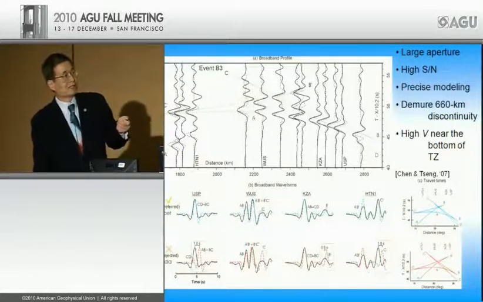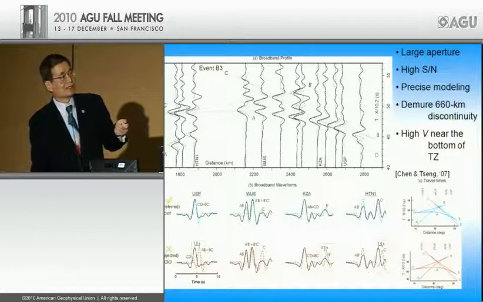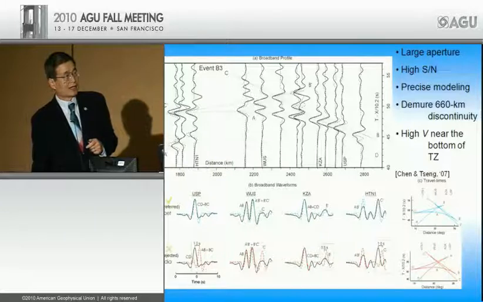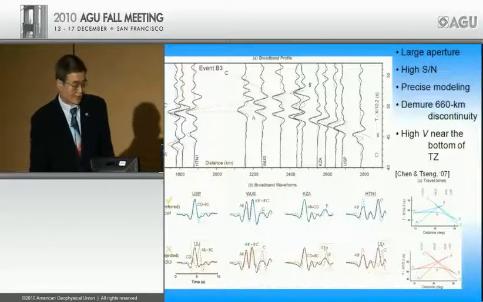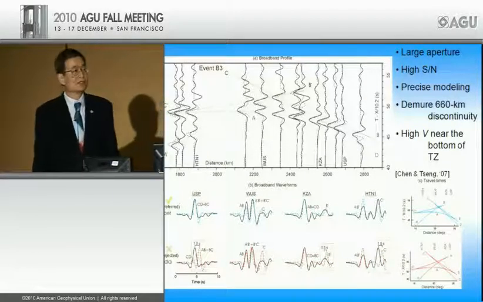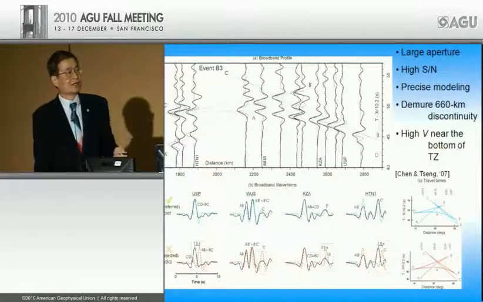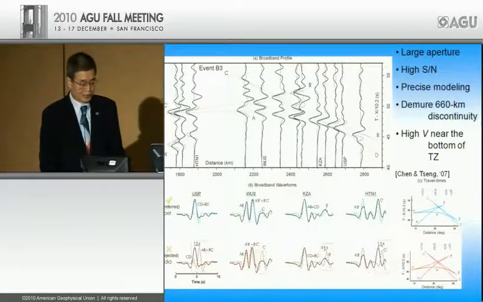Now here we blow up these seismograms, and you can see that the synthetic and the observed seismograms are matched wiggle by wiggle. This is the bow tie that's associated with this set of data over here. What we see is that the time separation between these 2 branches, marked B and D, is very small. And the distance over which we observe this discontinuity is also small. It's just a few hundred kilometers. That means that the 660 at this particular location is fairly small. That is, there is a high velocity anomaly in the bottom of the transition zone.